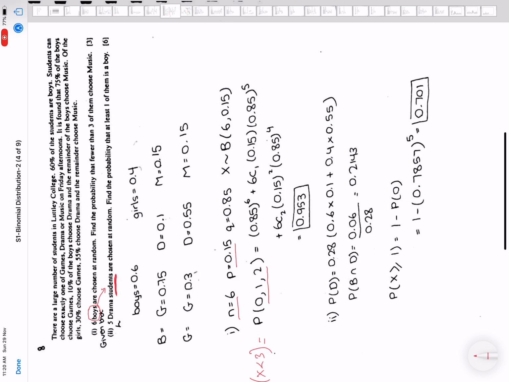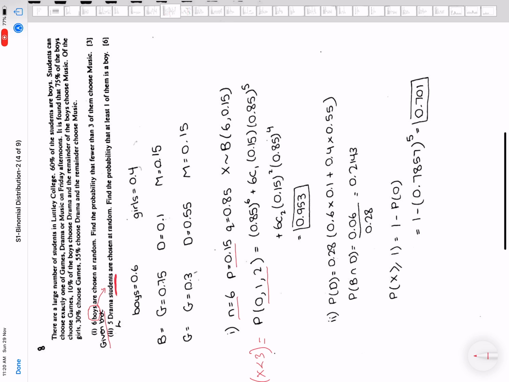So 5 drama students are chosen at random. This is the conditional probability. When there is no differentiation, when there is a general term, then you have to use conditional probability. So I'm reading this question as, given that 5 drama students are chosen at random. Hopefully you have understood this with the help of these two words, given that, because they usually use given that